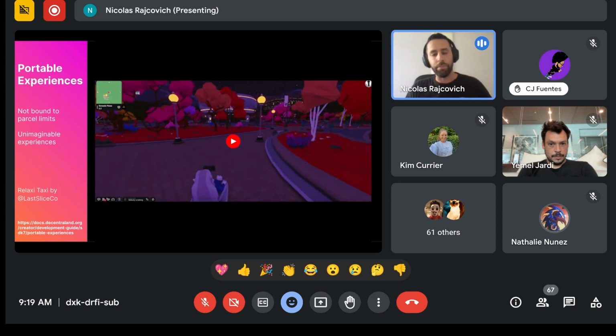In order to trigger a portable experience, you need to go to a parcel that has an NPC or any way that the creator decides to trigger the portable experience, and then you have a hub in the bottom left panel in the Explorer to access that portable experience and enjoy. Mostly anything that a creator wants to do with this new tool. So I'm super excited to see more of this coming out in the Explorer.